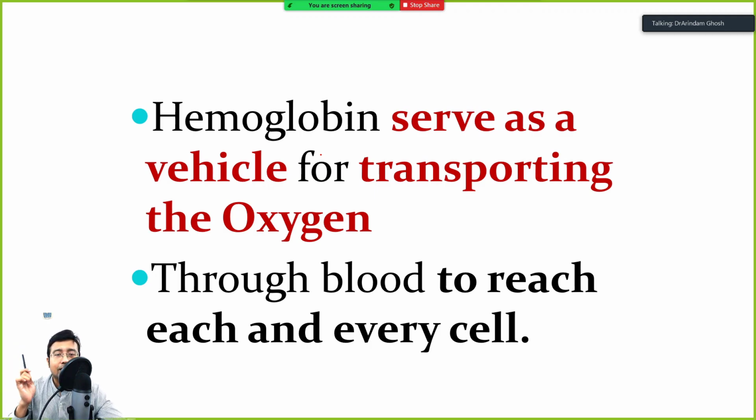Because if the brain fails in any hypoxia, why do we need to put the patient on a ventilator? Now there is an oxygen crisis in COVID times. Why do we need oxygen? It's because if the brain suffers, even if the patient survives, he will be in a vegetative state, in a comatose state, he will become unresponsive. So brain function is the most essential function for which we need oxygen.